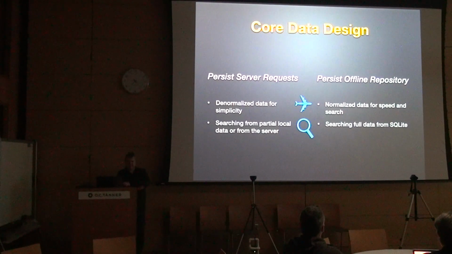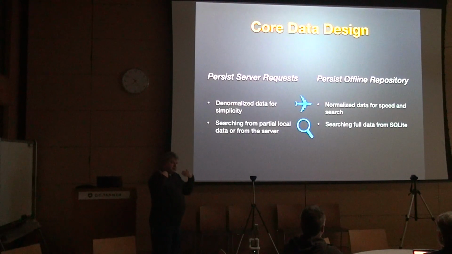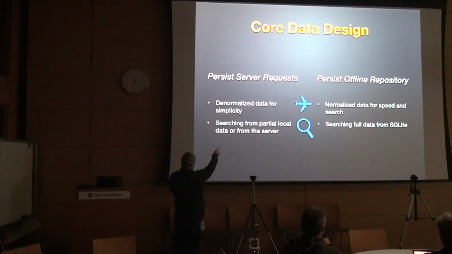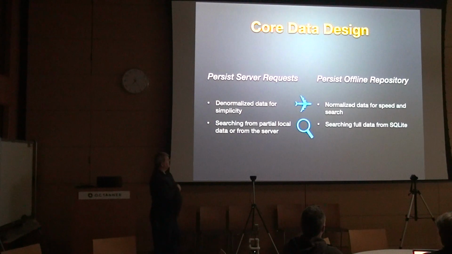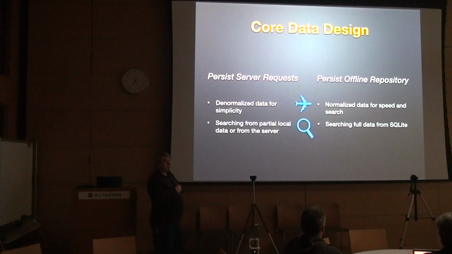So here's one of the other things that's really common: if you're being driven by your view designs, it's very, very fast to start denormalizing data for simplicity. It's like, okay, I've got a person and there's an attribute of, does this person have a parking space or not? Or who is their manager? It's very, very easy to say, just throw in the manager's name.